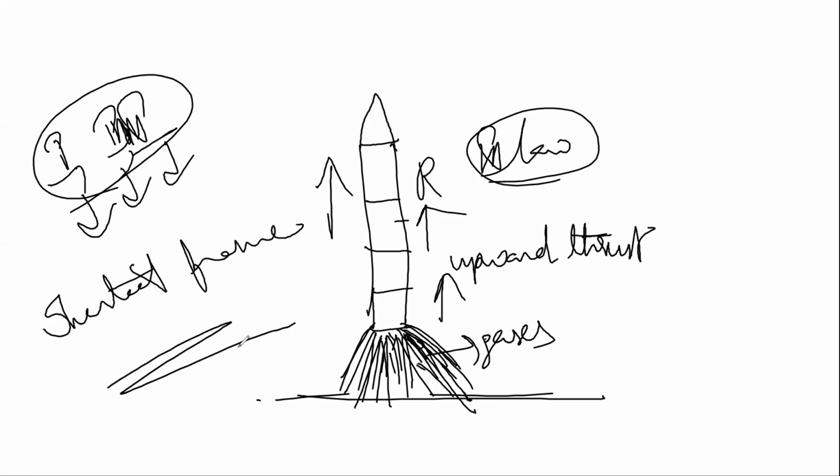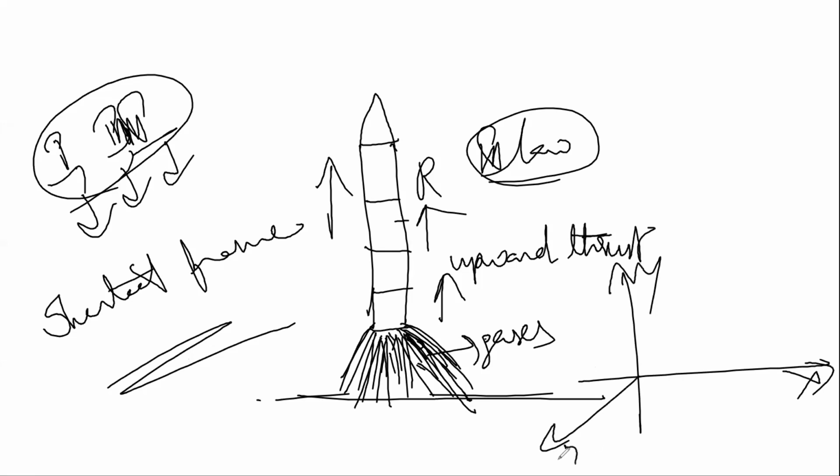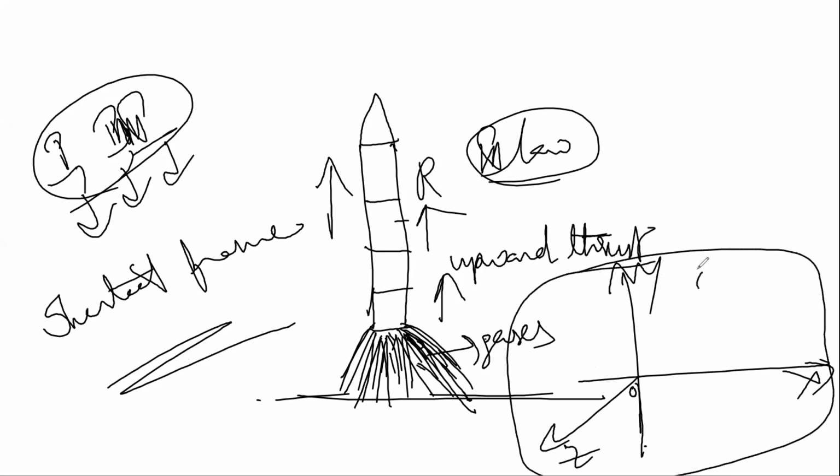We should have a system, or a frame of reference, to describe any object moving. Any object which is in motion can be studied using a frame of reference. This frame of reference can be taken as a coordinate axis, related to which the motion of the object may be described. If I have a ball here, I can describe the motion of this object using this frame of reference.